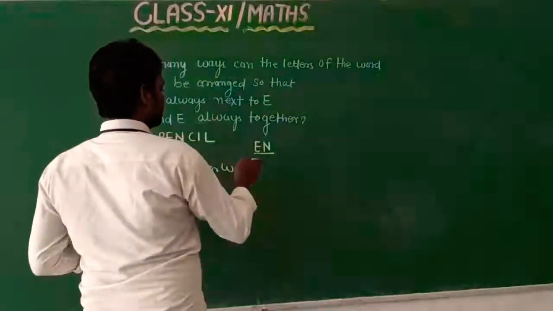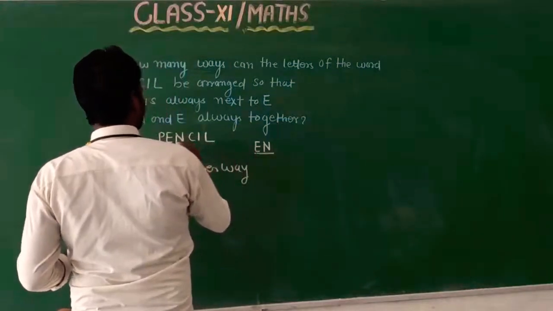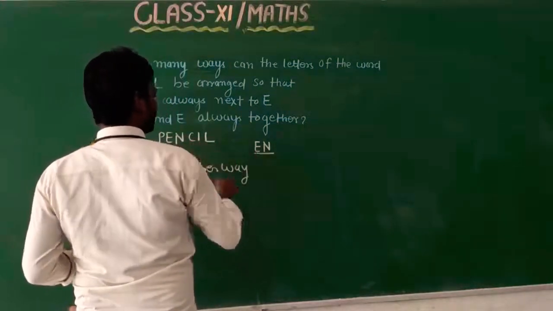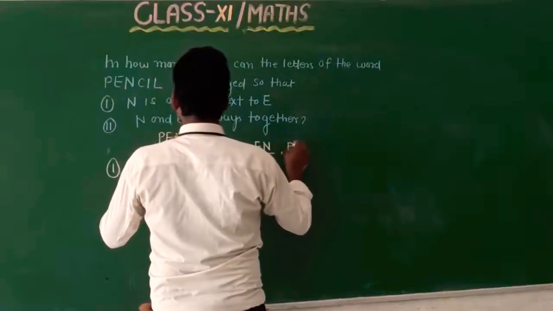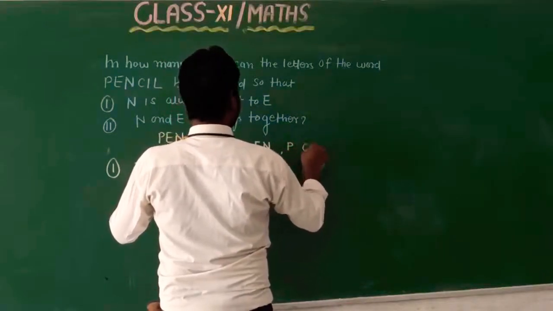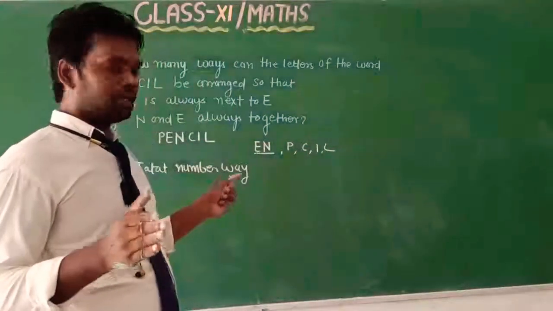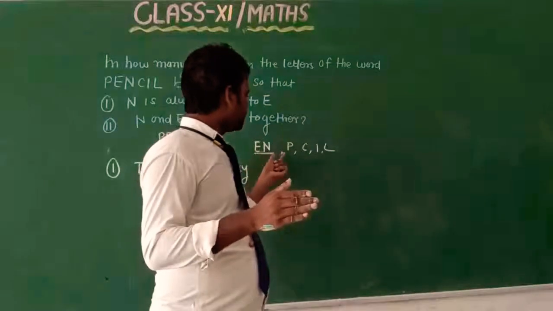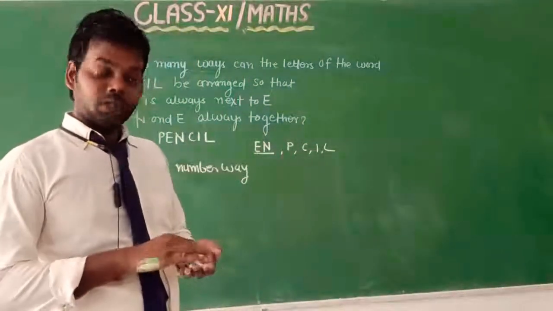So after considering this single letter, we are left with P, C, I, N. So we have a total of 1, 2, 3, 4, 5 letters. Okay, so 5 letters